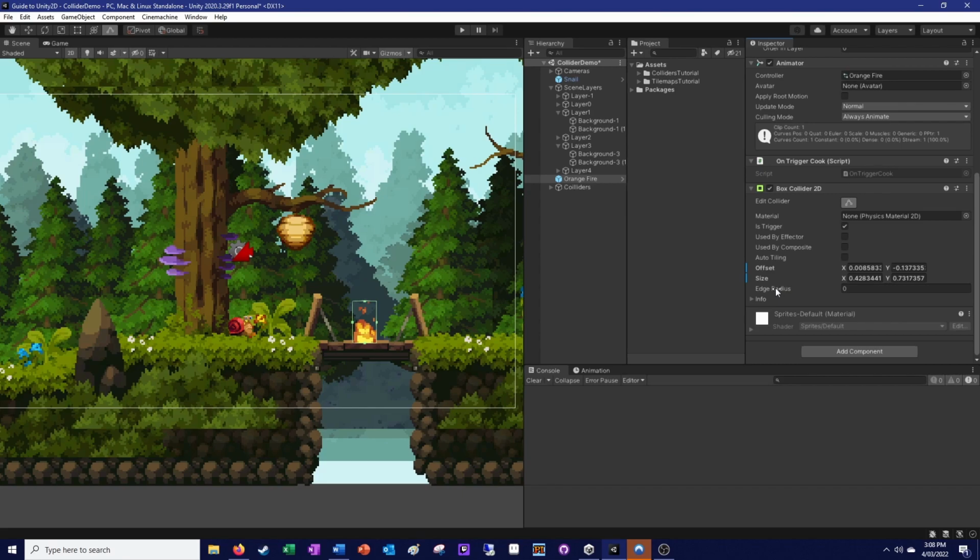And then we have edge radius, which is used to make rounded corners. In the box collider's case, if you have platforms and whatnot, a platform needs a rounded corner. You don't want sharp edges. And then we have the